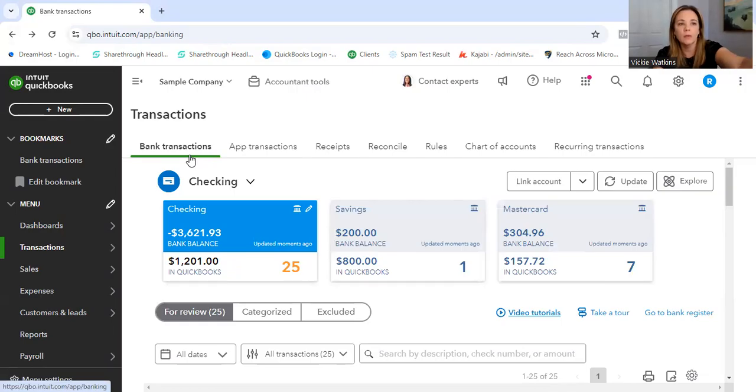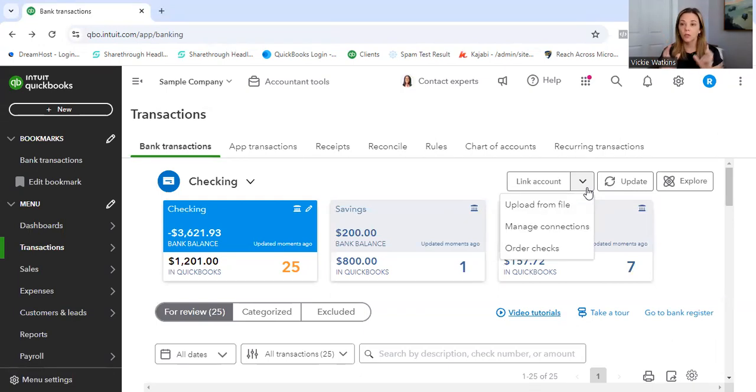And one other thing that I want to share with you is if your bank is not compatible with QuickBooks Online, there is an option. All you have to do is log into the client's bank account, download the transactions in a QBO file, and you can upload that file into QuickBooks Online. So say it's a small credit union that your client is using and they're not compatible. I would download a month at a time, say January 1st through the 31st, those transactions as the QB equivalent file,